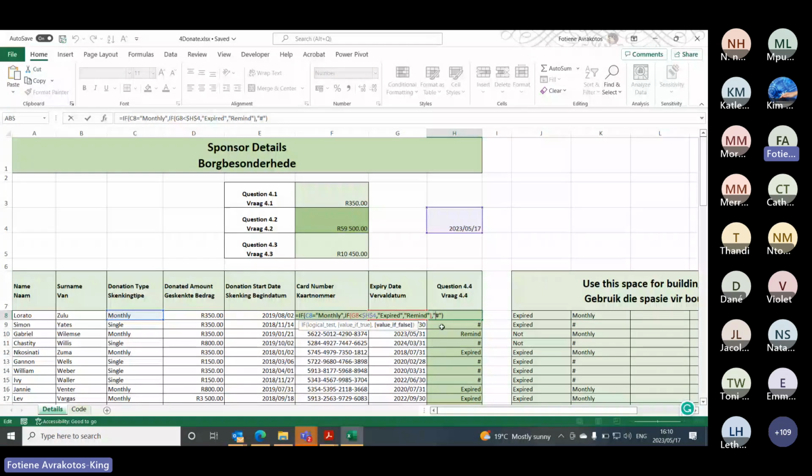So in other words, there's my 2 if statements. My 2 if statements are basically, is he monthly? Yes, he is. Do something. Is he not monthly? Give him a hashtag. My second if statement says, has the card been